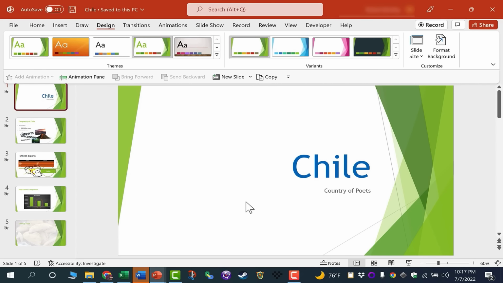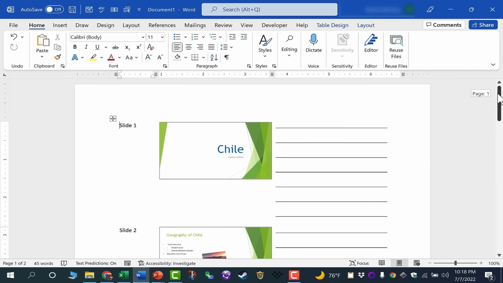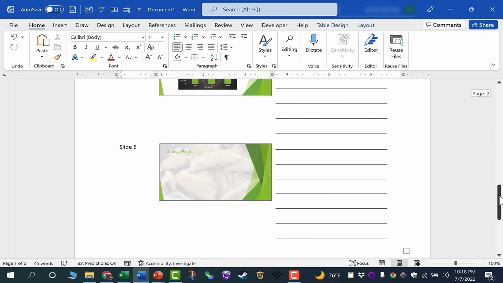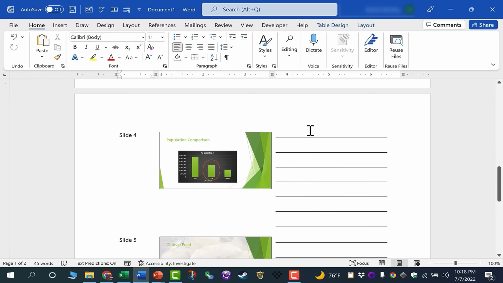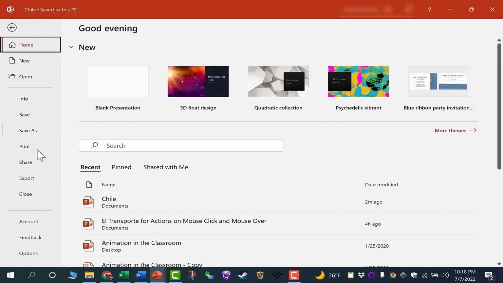And PowerPoint now is opening up Microsoft Word, and it's creating handouts based on my slides. Let's switch to Microsoft Word, and there I have my handout to go with my slides. That way, my audience can take notes on the provided lines. I'm going to switch back to PowerPoint, and let's look at some of the other save, export, and share options